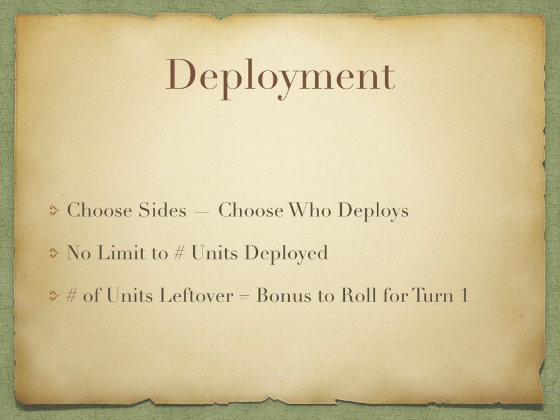And that's important because when you deploy, you aren't restricted to deploying just one unit at a time. You can put one unit down, or you could put 3 units down, or you could put your whole army down. It doesn't matter. Whenever the player who finishes deploying first is done, the opponent has to count up the number of units they have left. And that gets added as a bonus to the first player's roll to see who gets to go first. So basically, if you deploy your whole army, you're saying, I'm going to deploy first, and then I'm going to go first. And so your advantage is you get to go first turn, or you get to deploy knowing